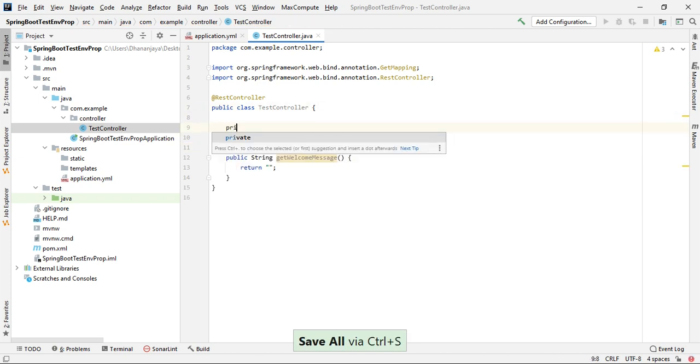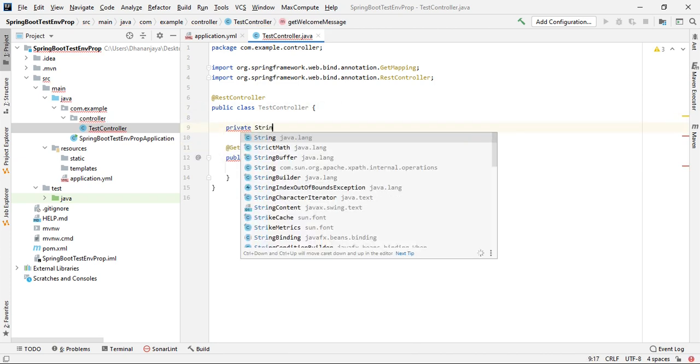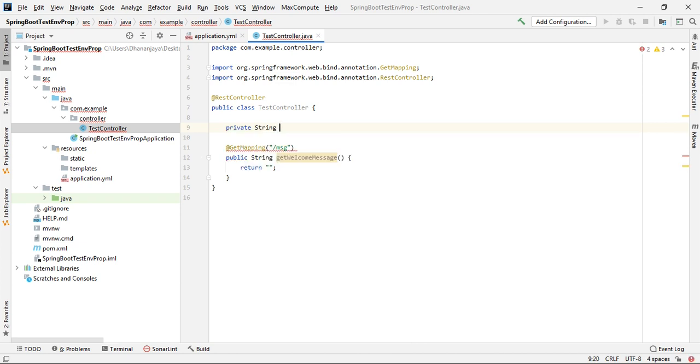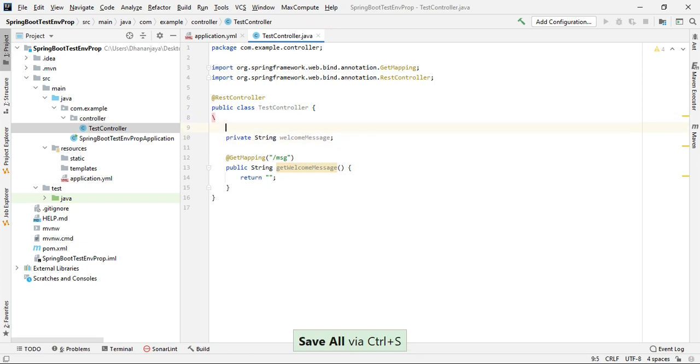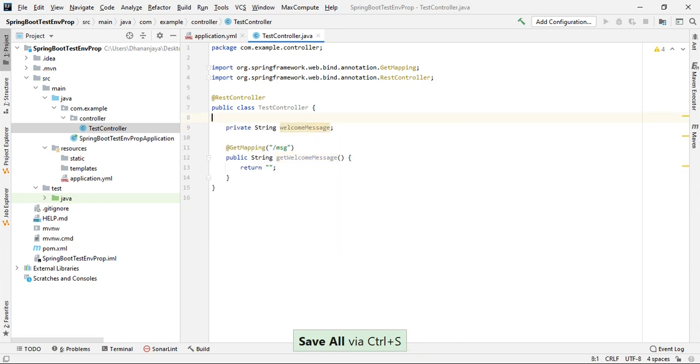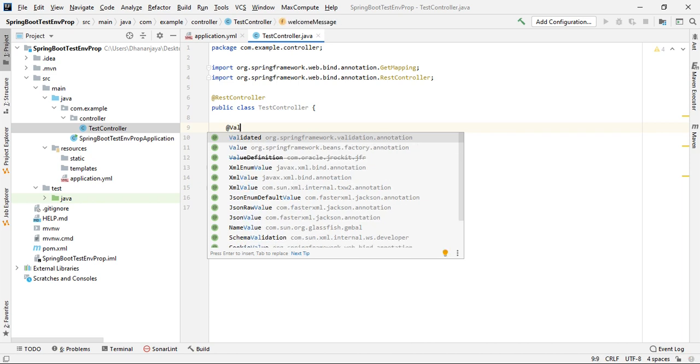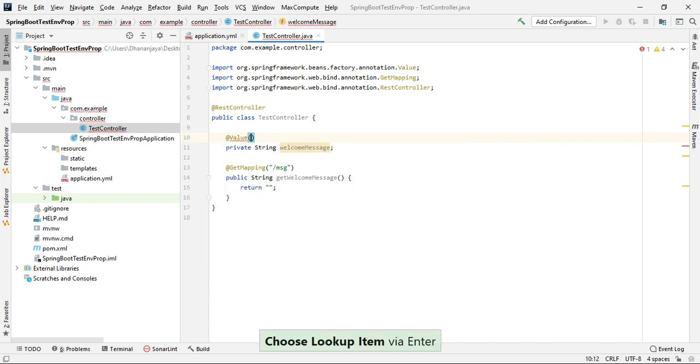So let's add a private field like welcomeMessage. So how to read the property value from the properties file? We'll annotate this with @Value. Okay, so inside that we will give the path.